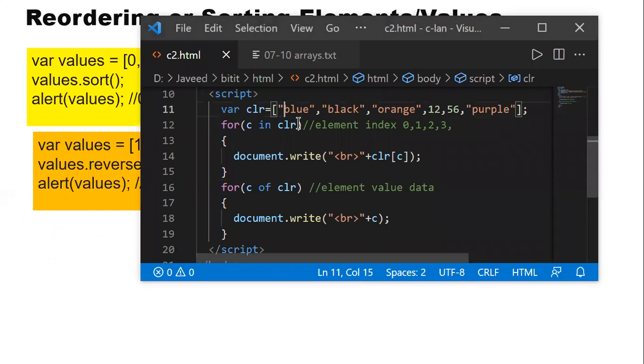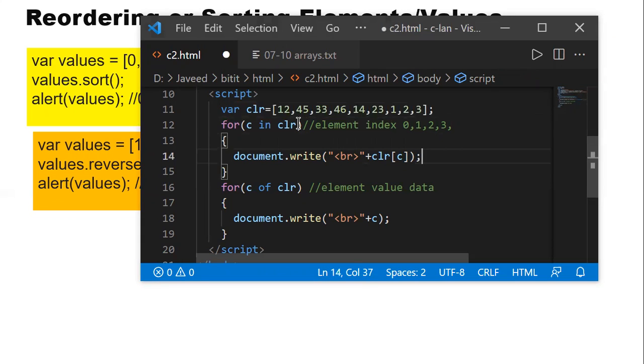I'll take some set of numbers so that we can understand how the sorting is going to be done. Only to understand the sorting concept, we are going to take these numbers.